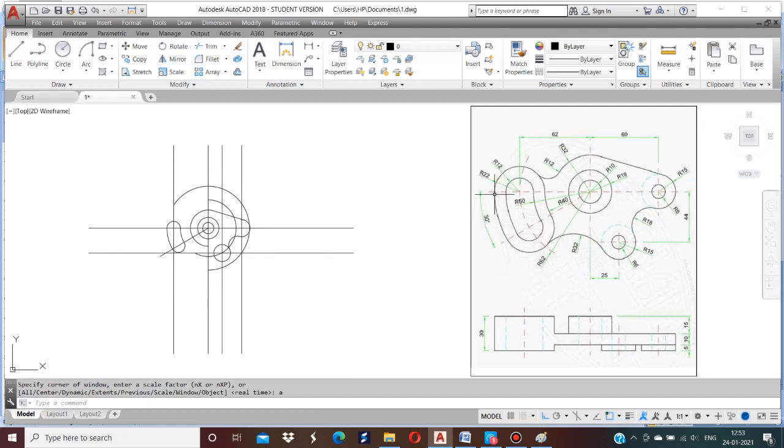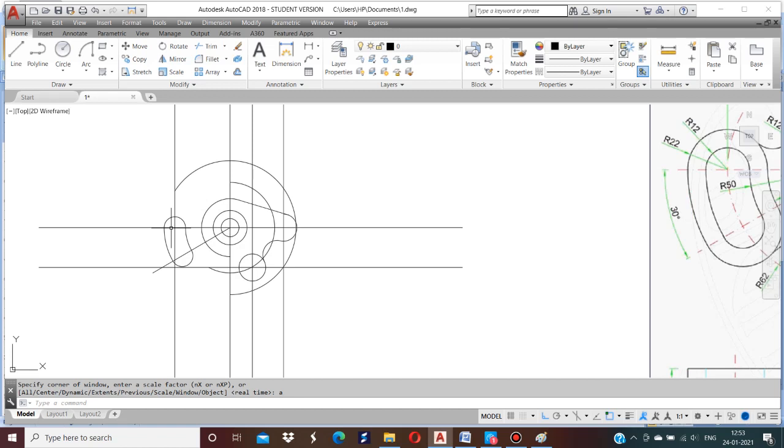Okay. Now here it is R22. Therefore the offset distance is 10 mm. Offset 10 mm. Okay. Select the slot. Okay. Now erase this circle.